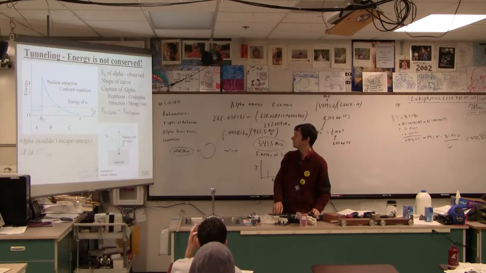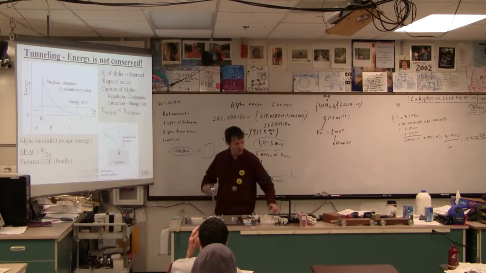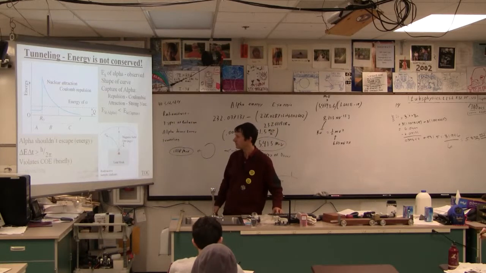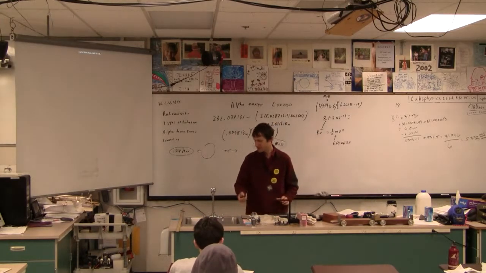Crazy, huh? And then we need to change this. This is h over 4 pi. So it violates conservation of energy, but very briefly, yeah? And it's called tunneling, but it's not a gradual thing. Kids want to make it a